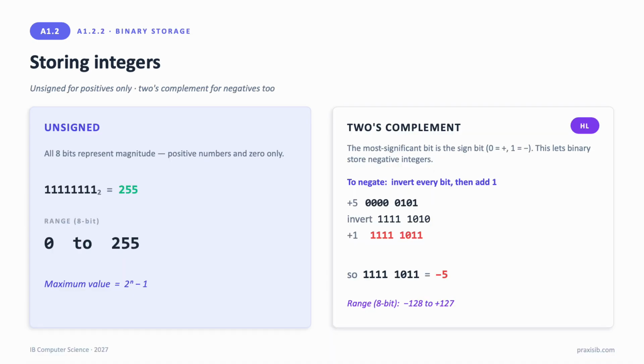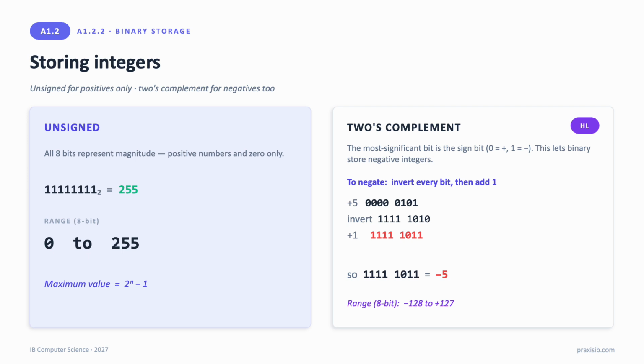So far we have only stored positive whole numbers. With 8 bits and ordinary binary, you can store any number from 0 up to 255. We call that unsigned, meaning there is no sign, no negatives. Every bit is used to make the number bigger. The largest value you can hold is 2 to the power of n, minus 1, where n is the number